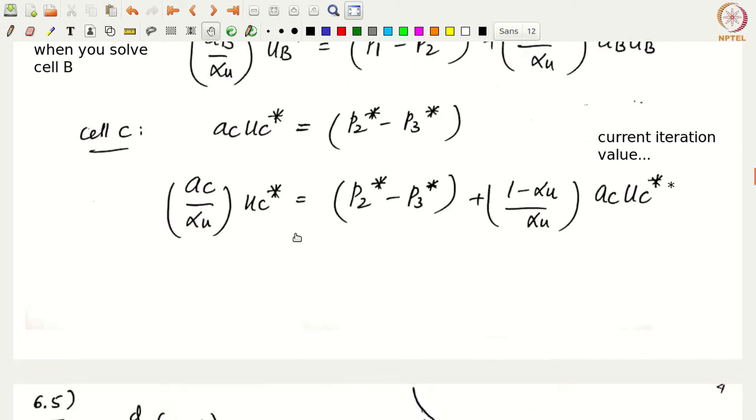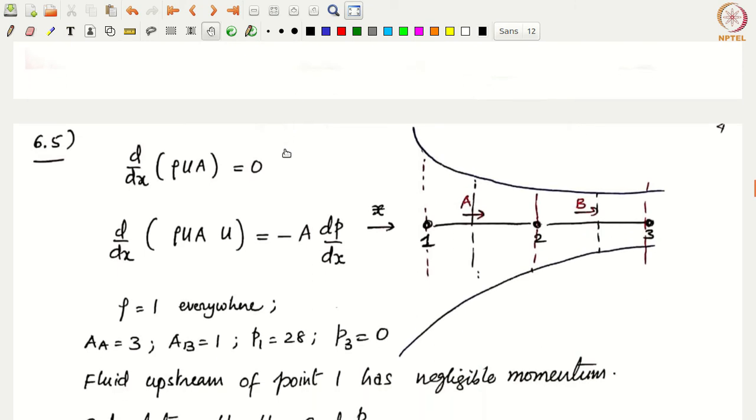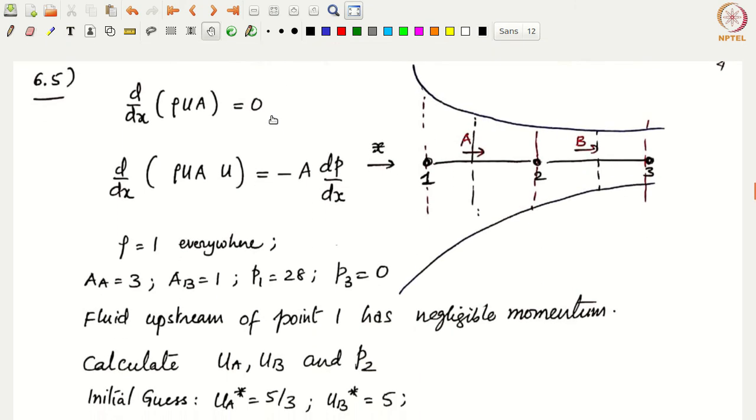Let's move on to the second problem, that is 6.5 from chapter 6 of Versteeg's book. This is again a flow through a converging nozzle, and the flow is going in the positive x direction, so it's going from essentially left to right. There is a converging nozzle, and then again the values